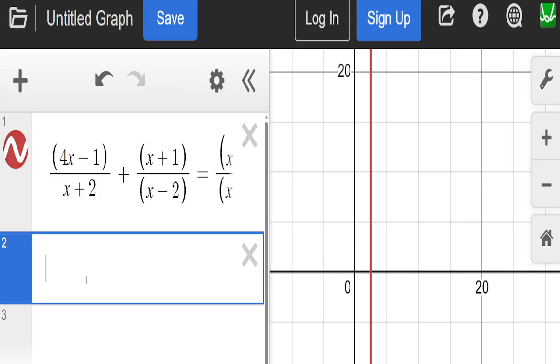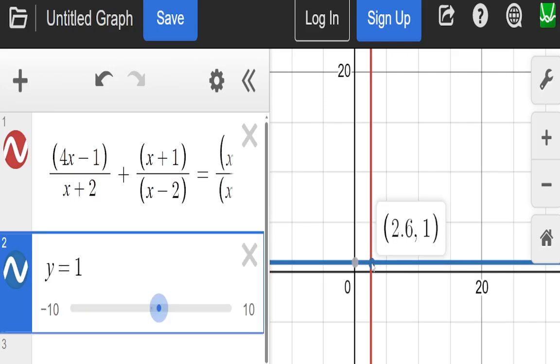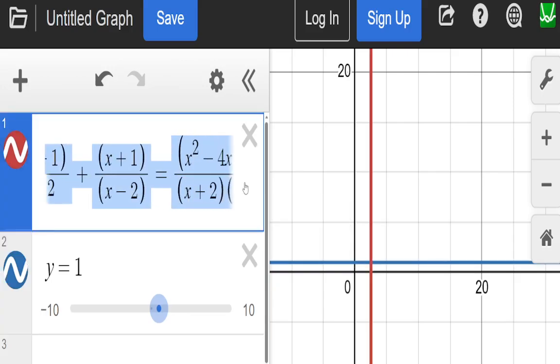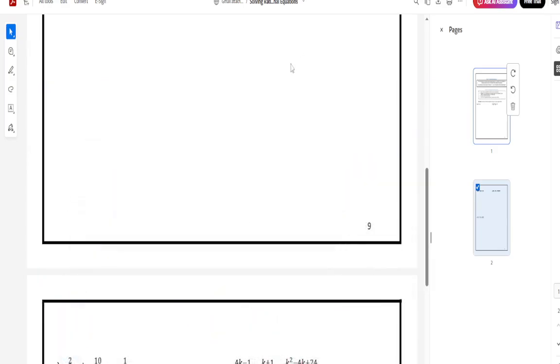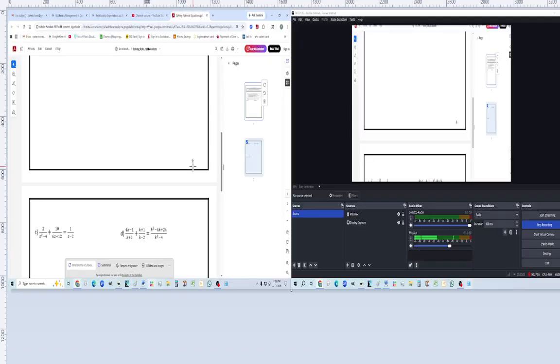But if I draw a line here, y is equal to 1, I can see where it crosses the red line. 5 over 2, or sorry, 2 over 5. 5 over 2 is the same as 2.5. So we got the right answer. 2.5 is the only time these equations will be equal. If you wanted to test it out, yeah, you could go through the hassle of plugging. 5 over 2 is the same as 2.5. So I'm going to just use, in this case, the